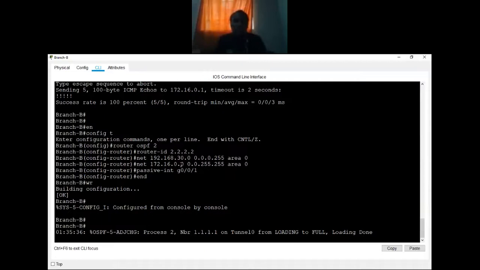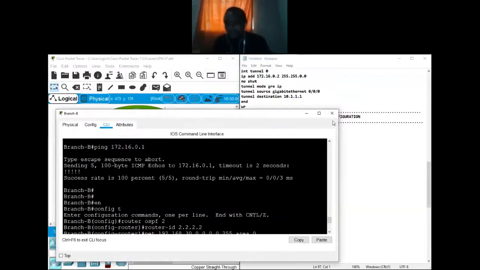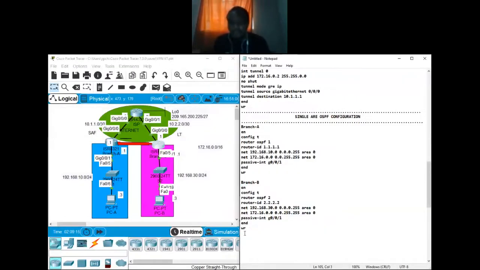So now it will tell you OSPF process 2 neighbor 1.1.1.1. Remember, we are seeing the neighbor via the router ID and then channel 0. So it's telling us we launched via the virtual interface from loading to what? To full. Remember we have several steps for OSPF. So back to OSPF. So yeah, that's the idea now.